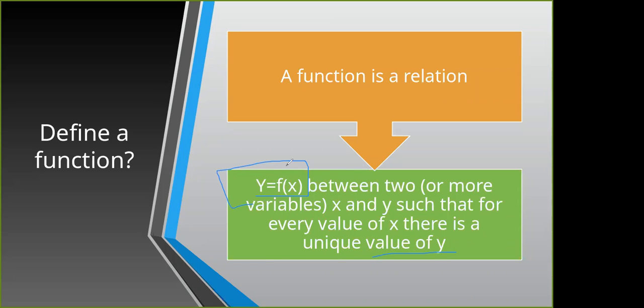This f is generally denoted as a function, but instead of f we can also write g, d, whatever we want. All that this symbol means is that for every value of x, this x is, by the way, the independent variable, and this y is the dependent variable. That means the change in the value of y is caused by changes in x and not vice versa. One example that you may think of is the amount of rainfall. x is rainfall.